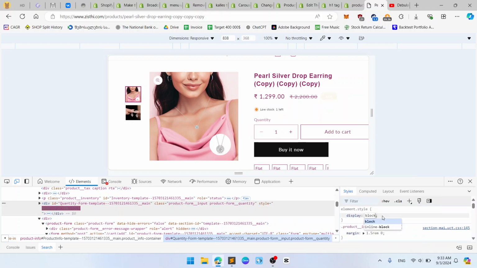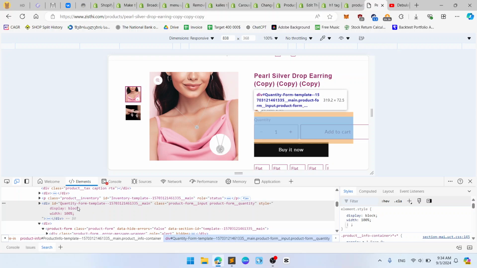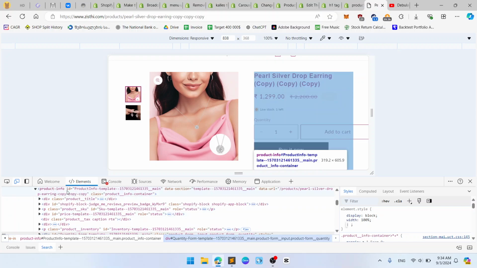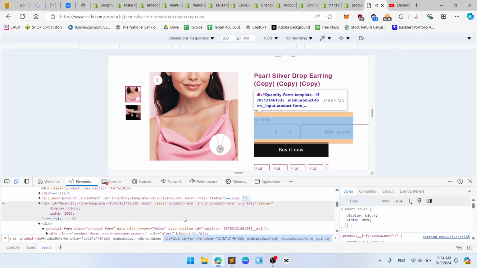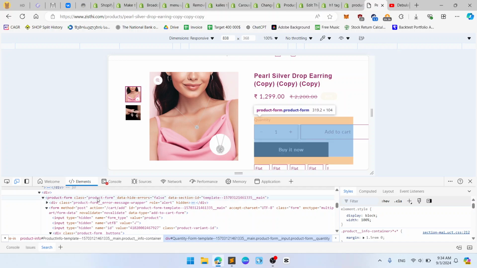Let's try display block here with 100%. Okay, again doesn't work. So what is going on there? Who created it? I don't know. No, like maybe I am dumb. Okay, max width, flex 0 0 100% and it doesn't work. Product